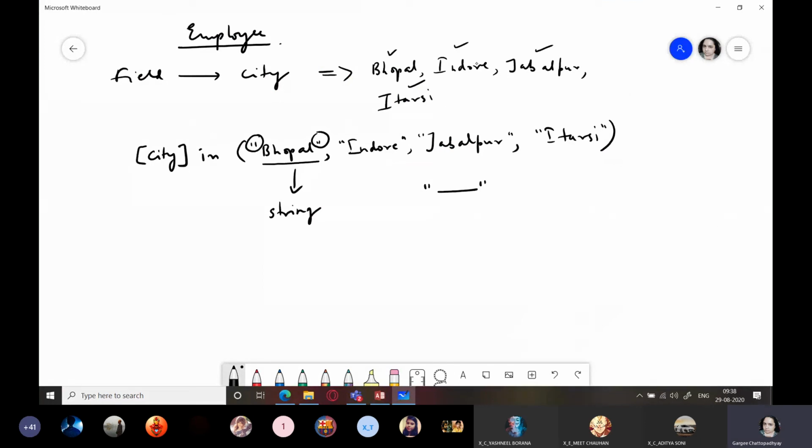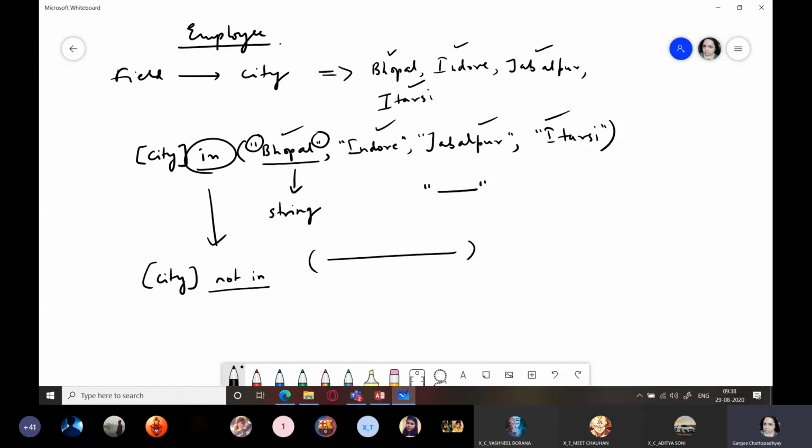Now, I don't want those people who live in these cities to work in my company. So I will make it as city not in, and this whole list. That means I want to accept people who live in those cities which don't fall within this list. They should not belong to Bhopal, Indore, Jabalpur, or Itarsi.